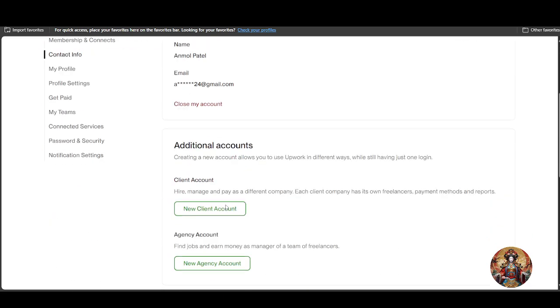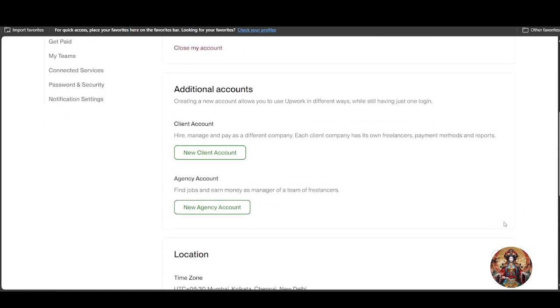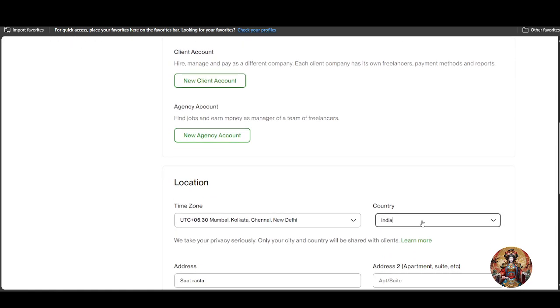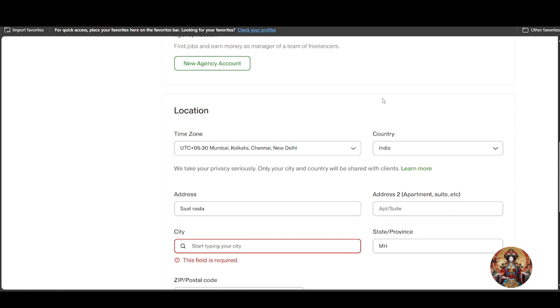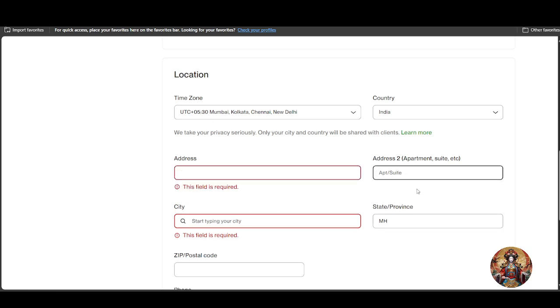scroll down a little bit, and you will get to see this time zone option. Just click over here. Now from here you have to choose your country, and also you have to change your address and enter that with the postal code, city, and state or province address if you want to add, and